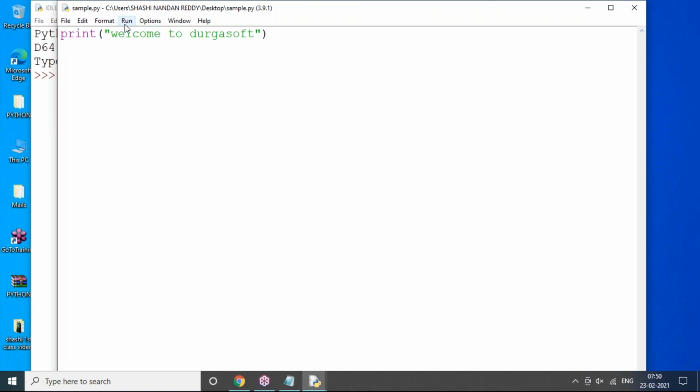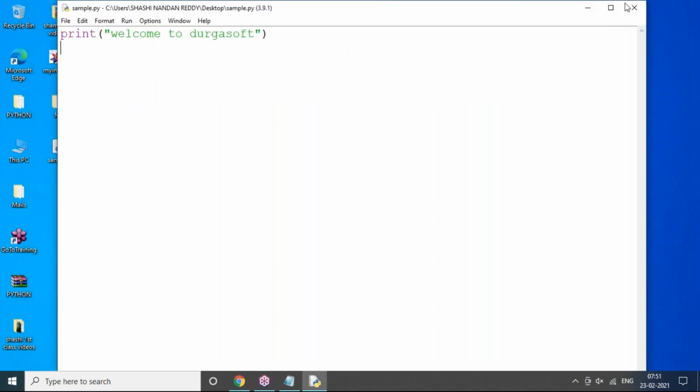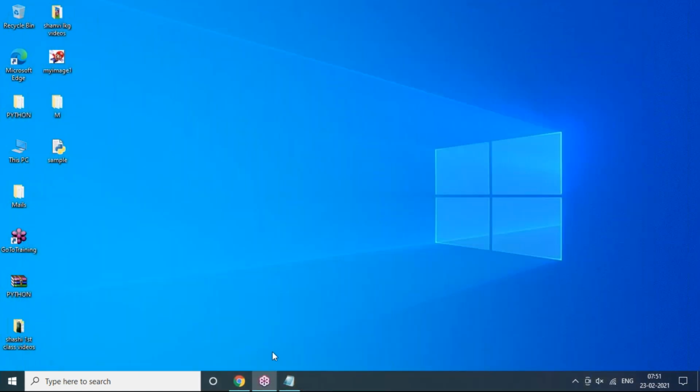After that, if you want to run this, go to the Run menu and click on Run Module, or else you can press F5 as a shortcut key. Now "Welcome to Durga shop" is available. So this is the way to prepare your script, save with the .py, and open it in IDLE software.